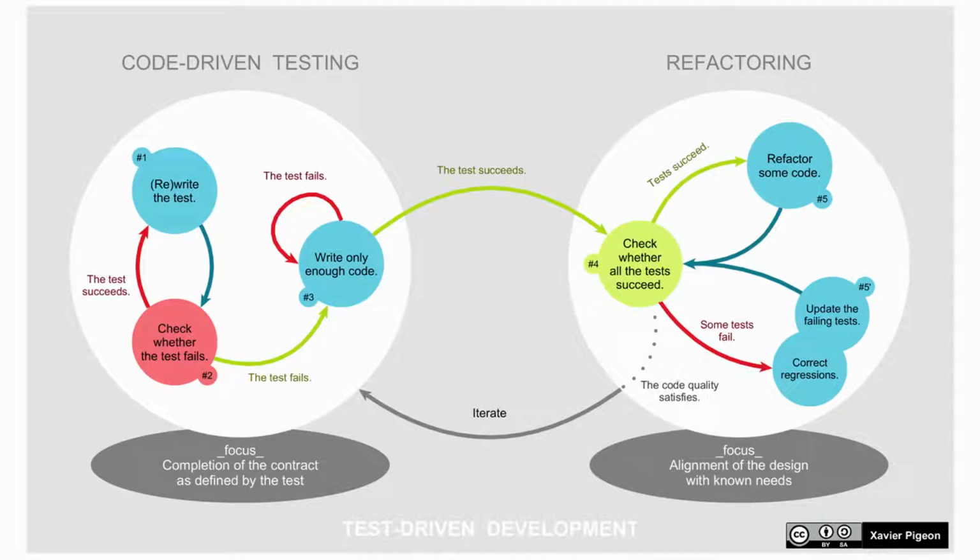I want to just mention version control is exactly where we're going to switch now. So we're using version control now. After we wrote enough code and the test succeeded, now we're going to do our commit. Now we're saving our program. Now we are checking whether all the tests succeed. And now we are looking at the big picture.